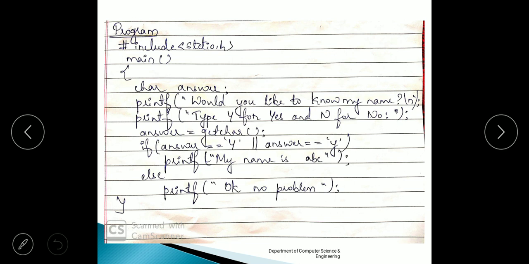It will be stored in the variable answer. That is why getChar is used, because getChar will accept the input that is given from the keyboard. So it will accept either Y or N.